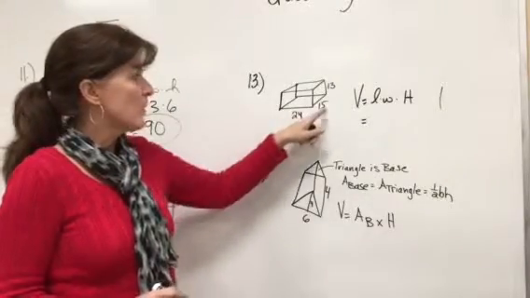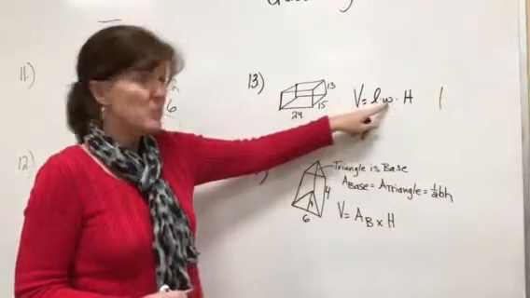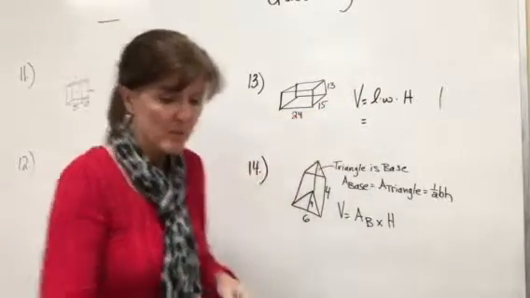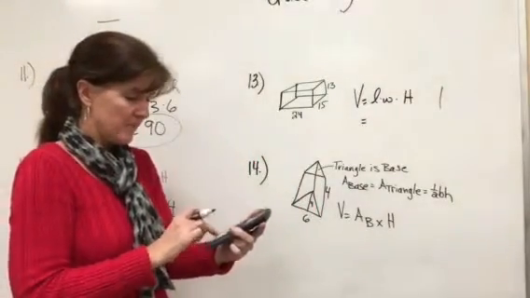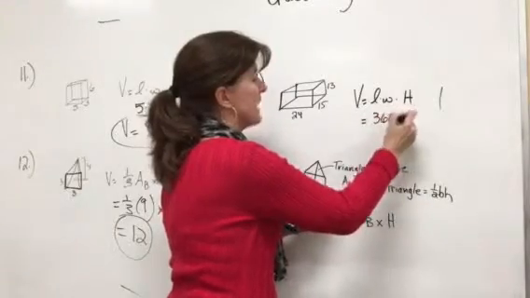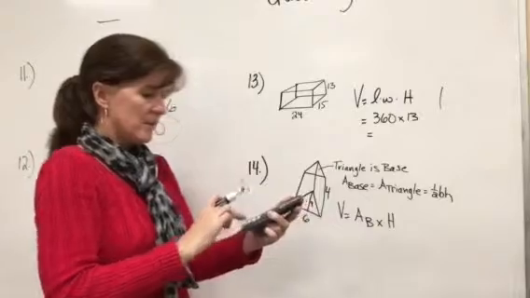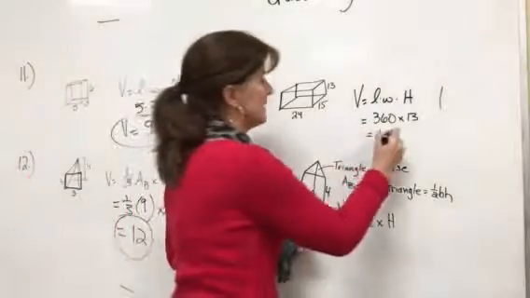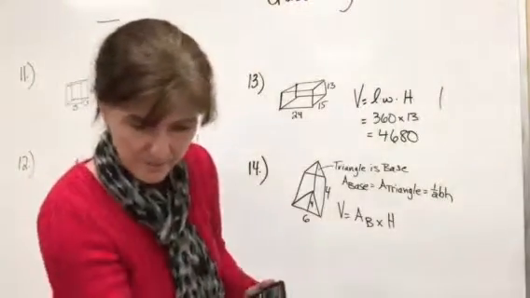For number 13, looks like we have a rectangular prism. The base is 24 by 15. So the area of the base is length times width because it's a rectangle. So I'm going to multiply 24 times 15, and I get 360, and I multiply that times the height, which is 13, and that equals 4680. And number 14,